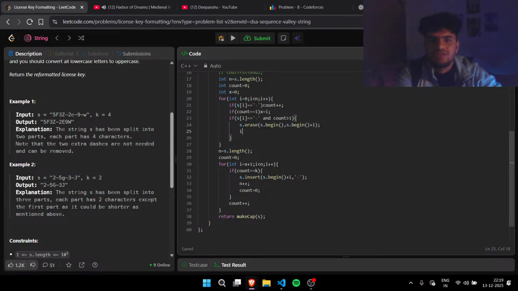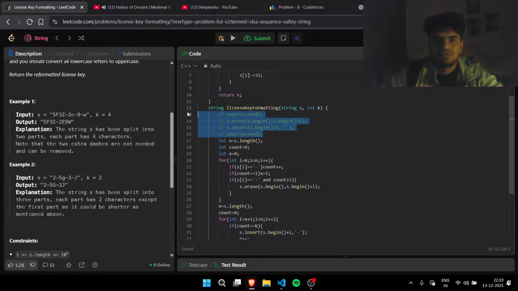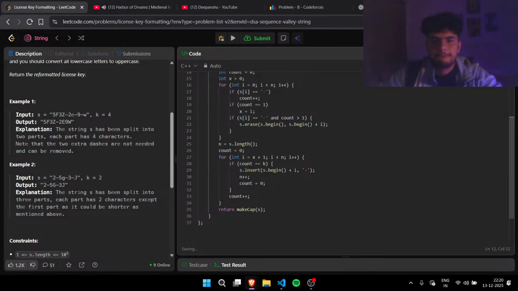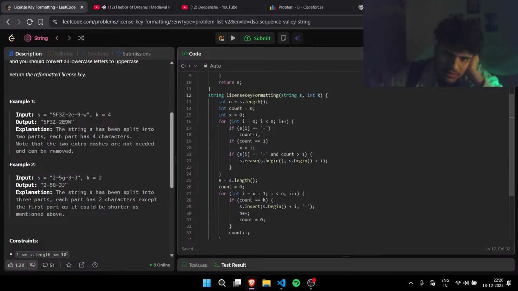I thought I was almost there, but this is too much of a headache. We are just trying to capture the first dash. Okay, so this is not a problem. This is also not a problem. This can be a problem, as soon as we decrease something, erase something, then I should be decreased as well. But